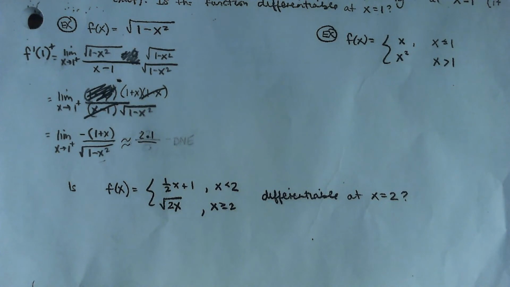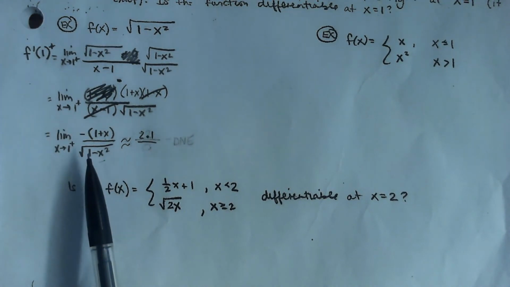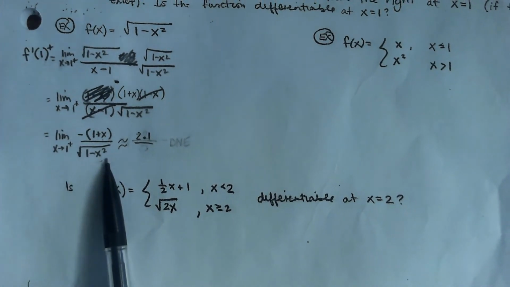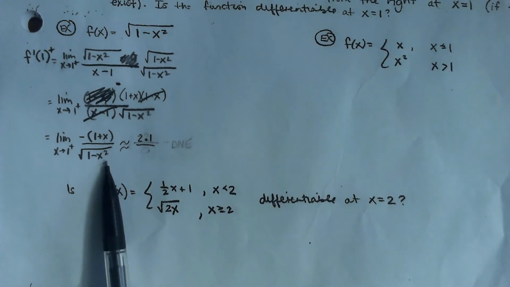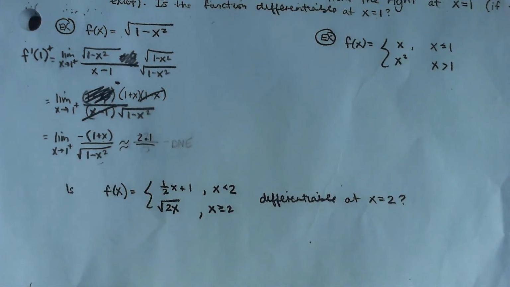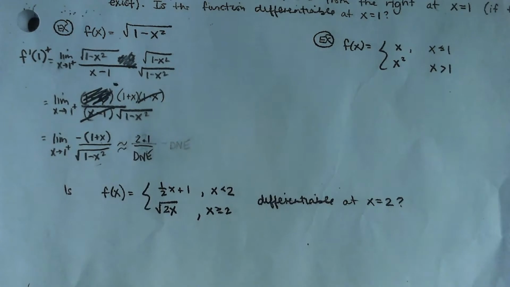Going to be approximately? Relative to 1, is it going to be bigger than 1 or smaller than 1? Bigger. 1.1 times 1.1 is going to be slightly bigger than 1. And what's going to happen when you have 1 and you subtract something bigger than it? A negative number. And what happens when you try to take the square root of a negative number? Does not exist. So the limit